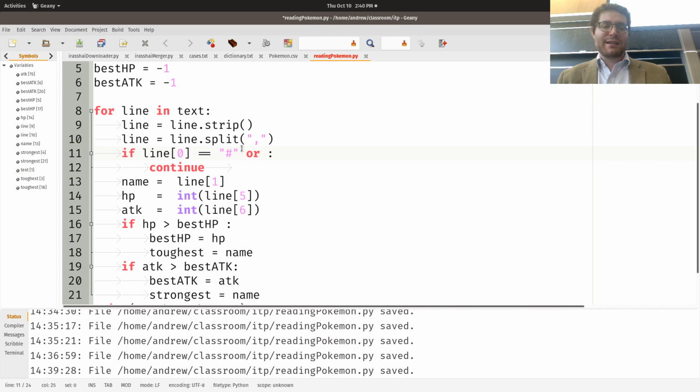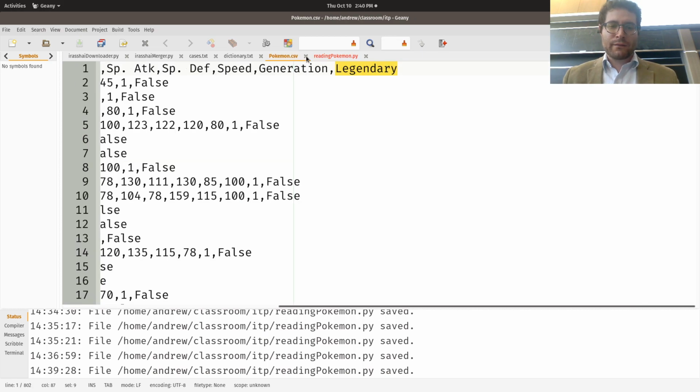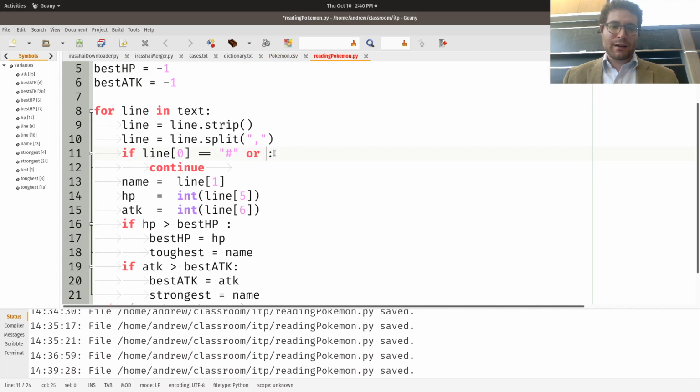So if line 0 is equal to that, or, so what is that one? I don't care. I don't want to count. It's the last one. So I'll just simply say if line -1, right? Last one. Love Python like that. So if line -1, and we turn it into a Boolean, bool turns something into a Boolean. Remember, it's a string. Equals true. I'm going to continue. I'm going to skip past any legendary Pokemon because honestly, that's just cheating. -1, -1. Ooh, maybe. Okay, so if the line starts with number or Boolean line -1 equals true,